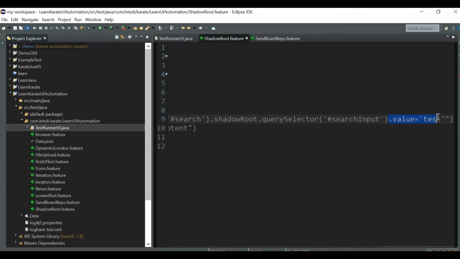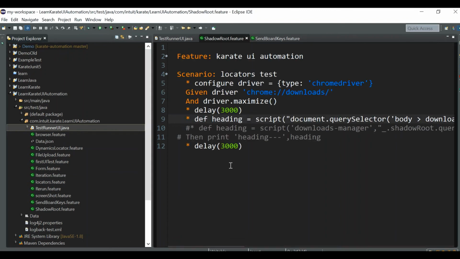Instead of getting the content or passing text to this field, if you want to do some click actions, or take the value of some attributes, you can do that as well. Again, for that you need to go through the HTML DOM properties. You can google it or I can show you.